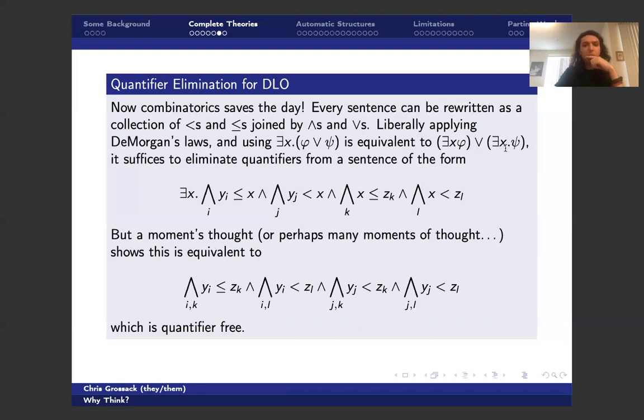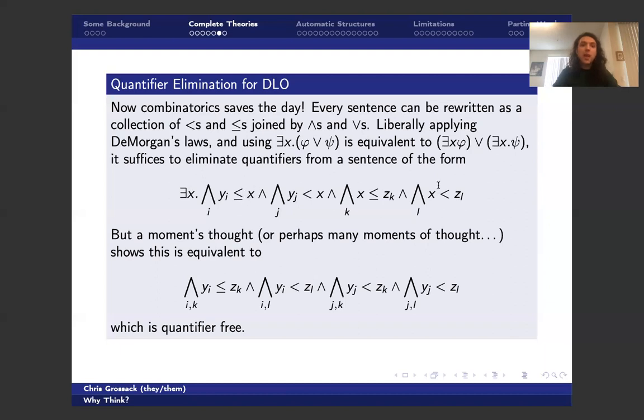formulas separately. So that tells us that it suffices to eliminate quantifiers from a sentence of this form, where I have an existential quantifier, and then I'm allowed to say some stuff is less than or equal to my quantified variable, some stuff is strictly less than my quantified variable, some stuff is greater than or equal to my variable, and some stuff is strictly greater than my variable. But a moment's thought, or Shala would just say think, shows that we can eliminate quantifiers from a sentence of this form. Indeed,